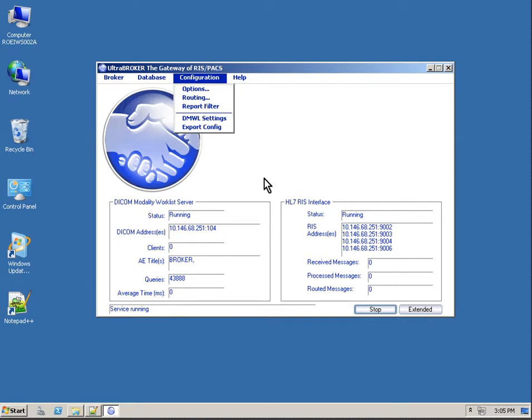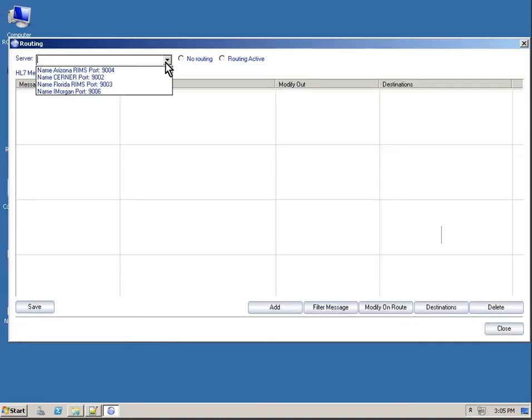So this is what the UltraBROKER looks like. And if you wanted to set up routing, so if you want to be able to receive HL7 on the broker and then route it to other nodes on the network, you can go into configuration routing, and you would have a list of, these are perhaps your incoming devices, so devices that send to the broker. So for example, I might say when I receive from Cerner on port 9002,